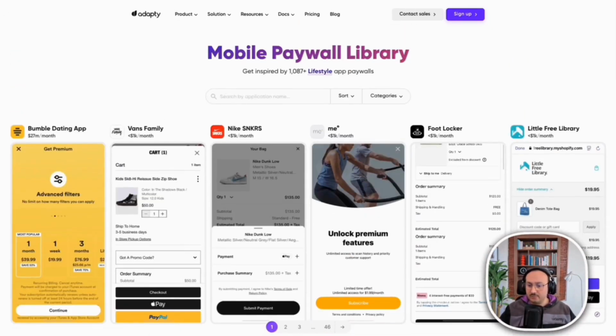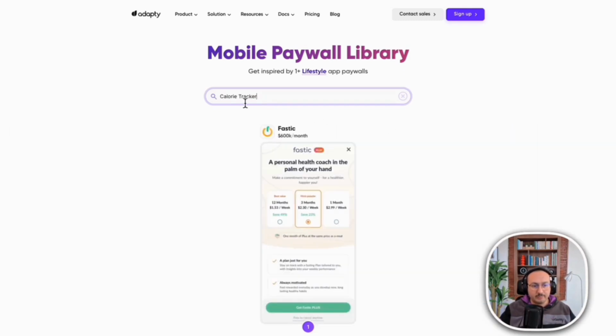So for me, for today, I've already done some research and I just wanted to specify that I want to search an application that has everything to do with sports and health. And now I'm just going to type in a word, calorie tracker. So when I hit enter, the system will simply bring me the applications that exist here that are in that